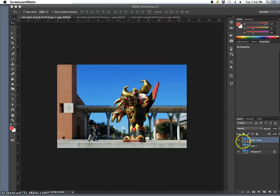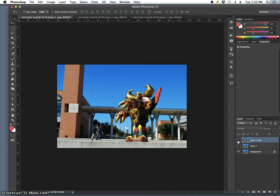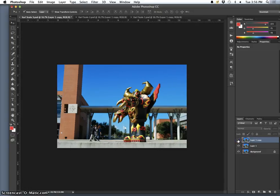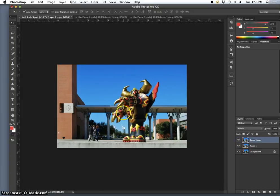All right, so this is now my third scale and space shot. So I tweaked the perspective a little bit, got everything lined up. The focus is overall a little blurry, but it's the same for everyone, so it's a successful manipulation of scale and space. So I saved that as Carl Scale 3. So now I have all three saved,